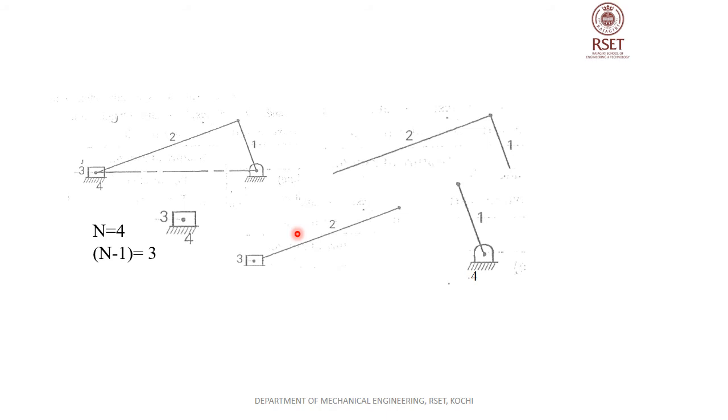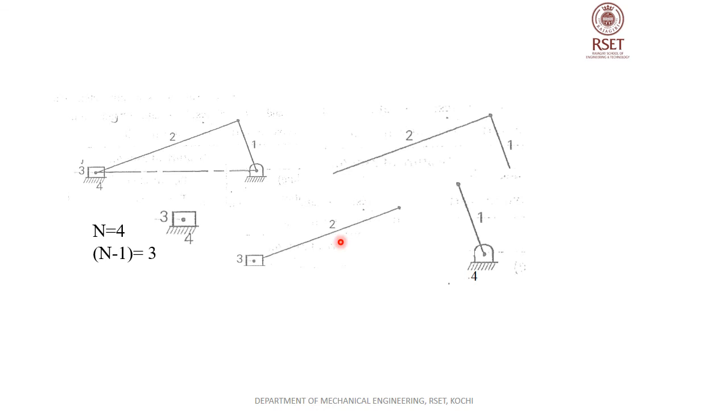Now let's check the other kinematic pair, 1 and 4. I told you that in an IC engine, 4 is actually representing the crankshaft. So in this case it is a fixed link. 1 and 4: 4 is the fixed link. So crank 1 can rotate about 4. So this is also another example of a revolute or turning pair, and this has a single degree of freedom.